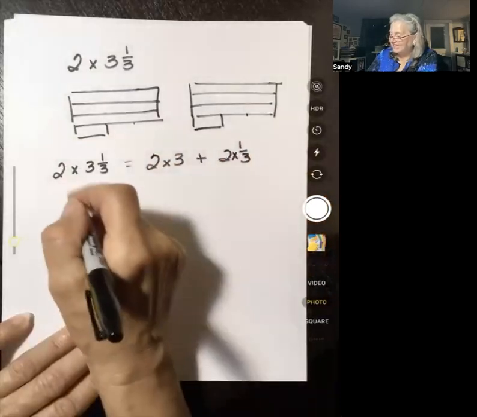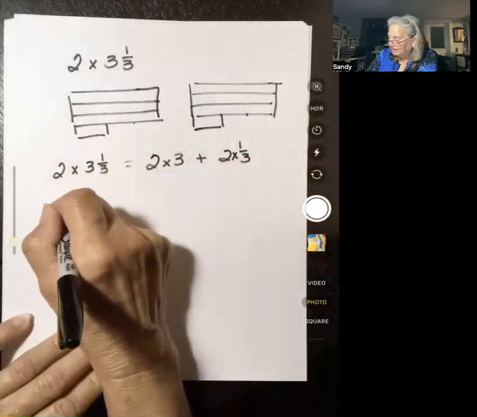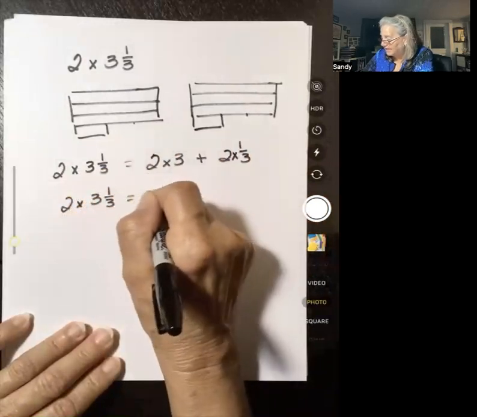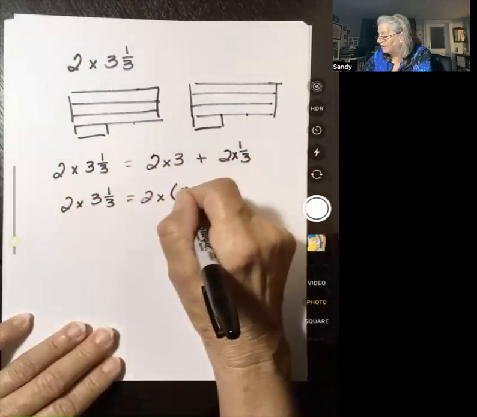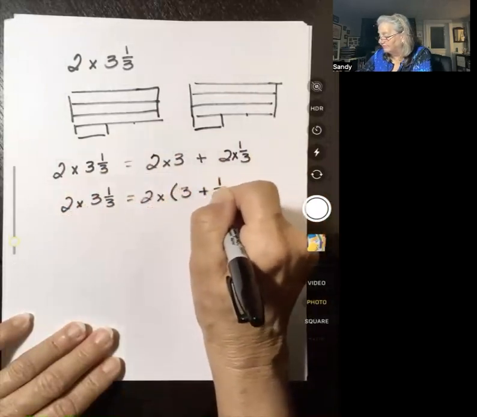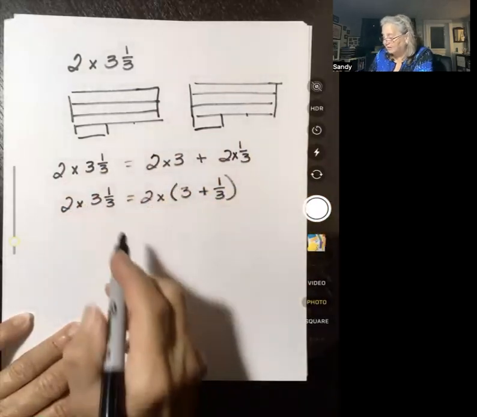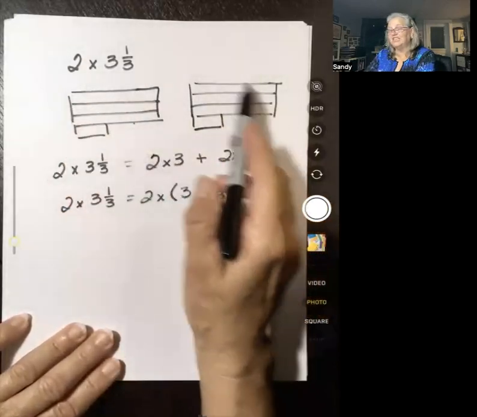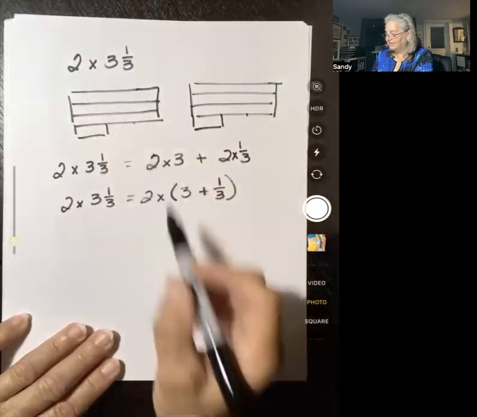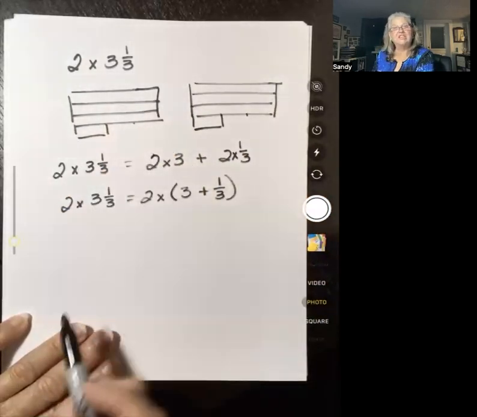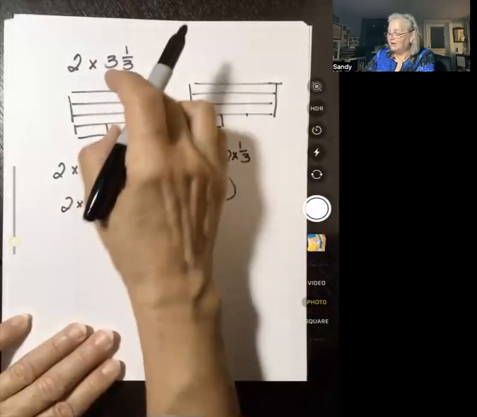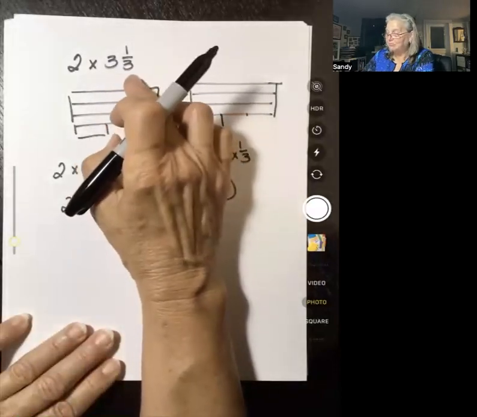See, how did I think of 3 1/3? Well, 3 1/3 is the same as 3 plus 1/3. Double 3, double 1/3. This imagery makes it very clear how I can do the multiplication, and this works because it's the distributive property. When I learned about this, I would have had to change this to an improper fraction,